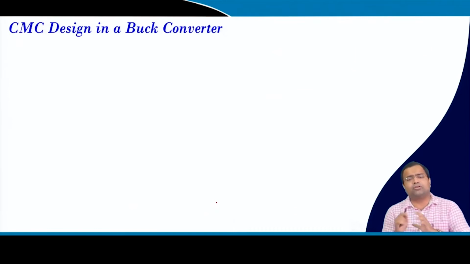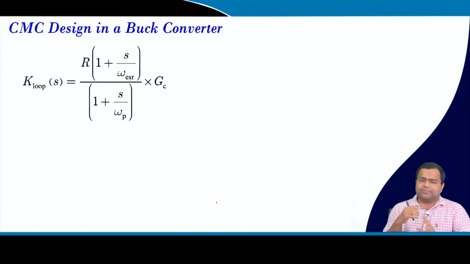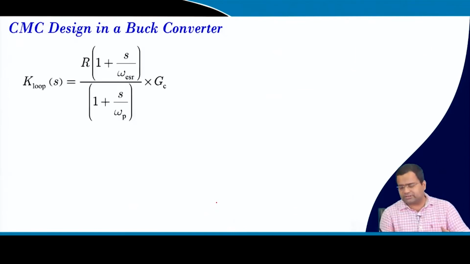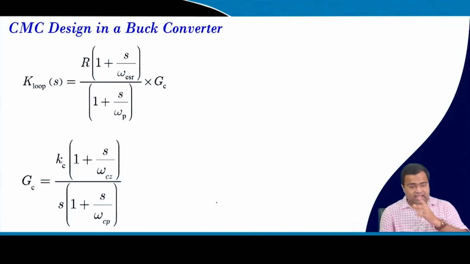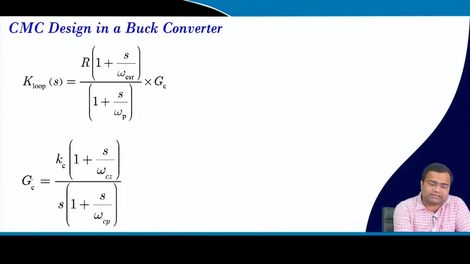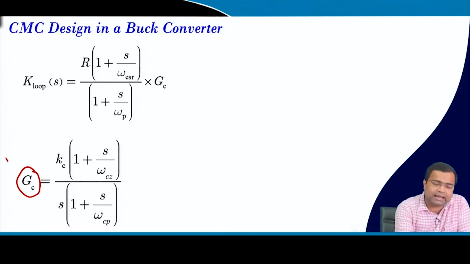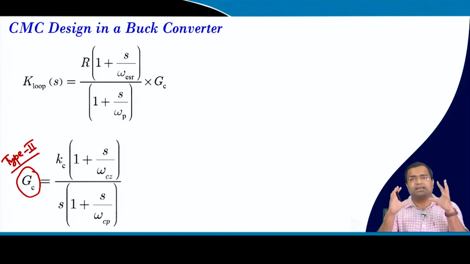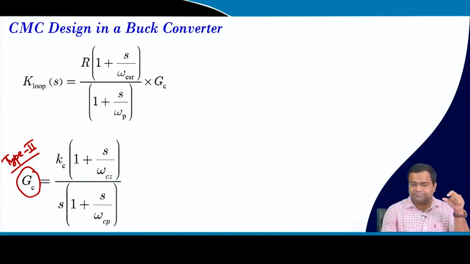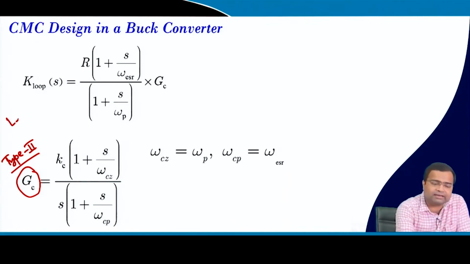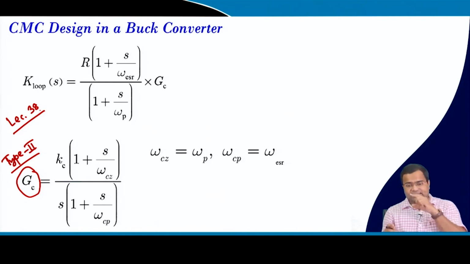Then for the current mode controller design in a buck converter, if we recapitulate, our loop transfer function takes the form of a first order system, and then we need a controller which is a type 2 compensator. It is a type 2 compensator that we have discussed in, I think, lecture number 38, in sufficient detail. So, you will find it in lecture 38, where omega Cz, omega p, omega Cp, omega ESR